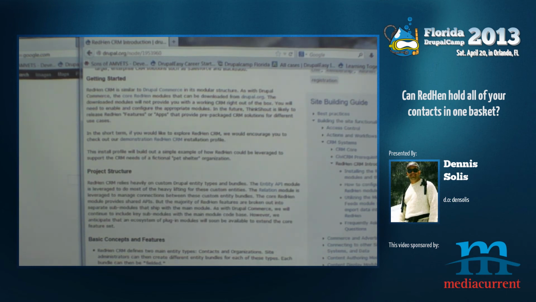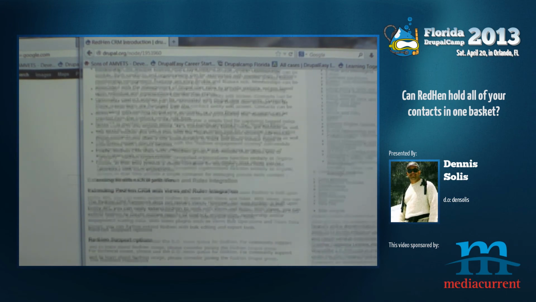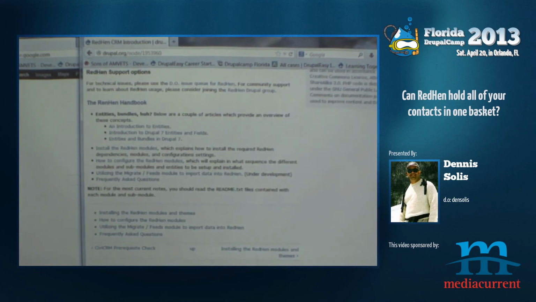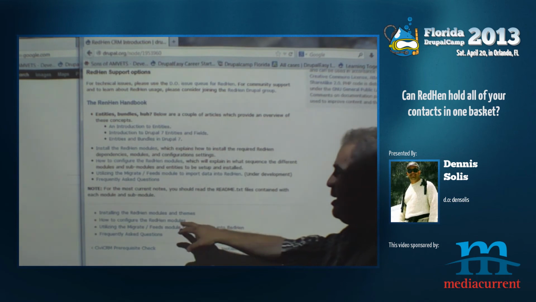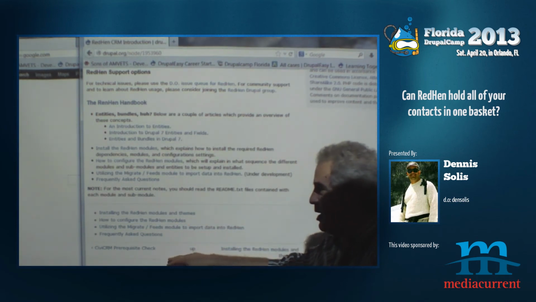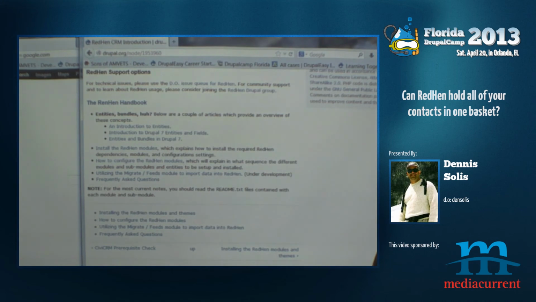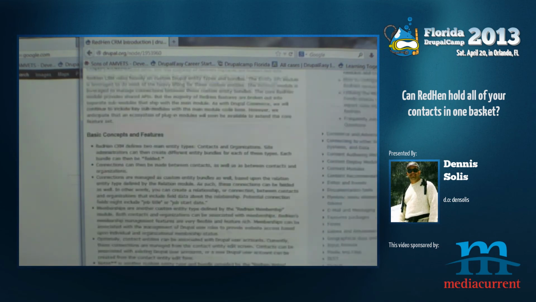What was your question? Installing the RedHen module? Well, if you look down at the bottom of this page, this is the introduction. Down at the bottom of the page, it links to installing and how to configure. We're going to talk about the migrate feeds when I get to that, and frequently asked questions. We're going to document each of the types, how to set them up, how to connect everything. Just try to make life simple for others. And hopefully, eventually, it will replace